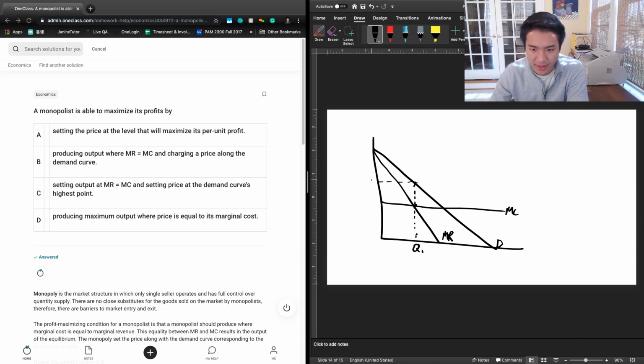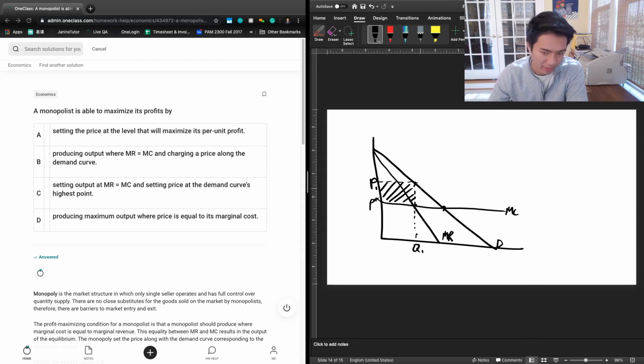So that's P1, and we can see that is higher than P star, which would have been the intersection of marginal cost and demand, where a perfectly competitive market equilibrium would be. So P1 is a little bit higher, and that's inefficient, but it allows the monopolist to earn a certain level of profit. It's charging P1, its marginal cost is P star, so this chunk right here